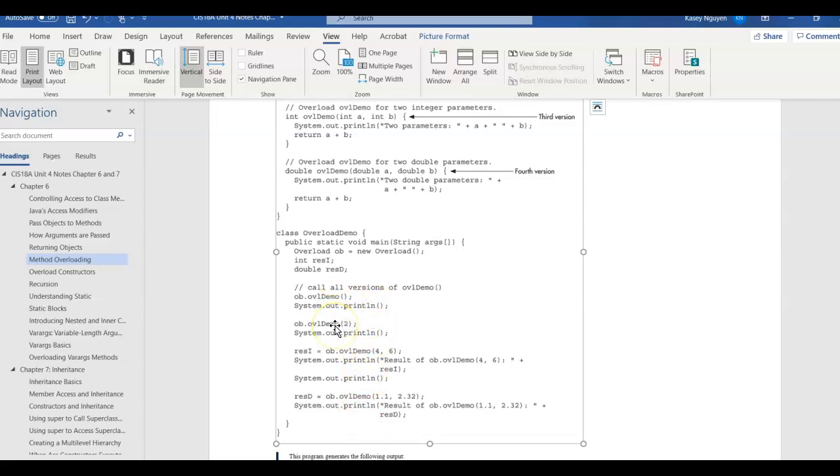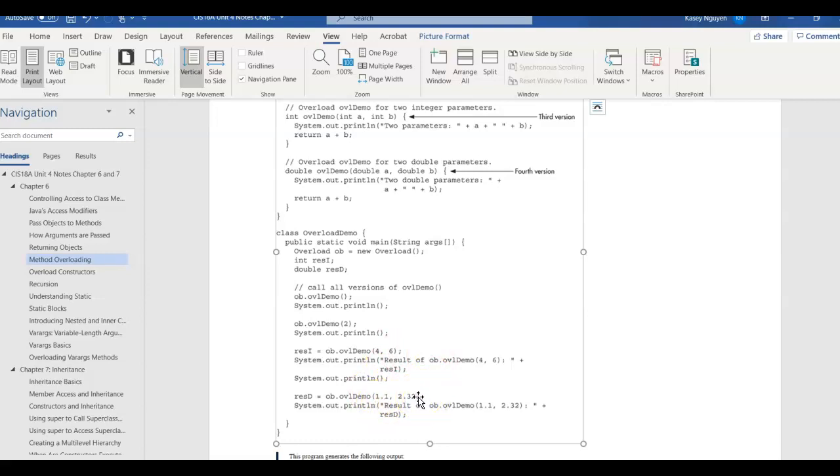The second one, we would then plug in the value for int a. Next, we would plug in two values for int a and int b for the third, so 4, 6. And then lastly, we would use the double values, 1.1 and 2.32, as the values for the parameters in the